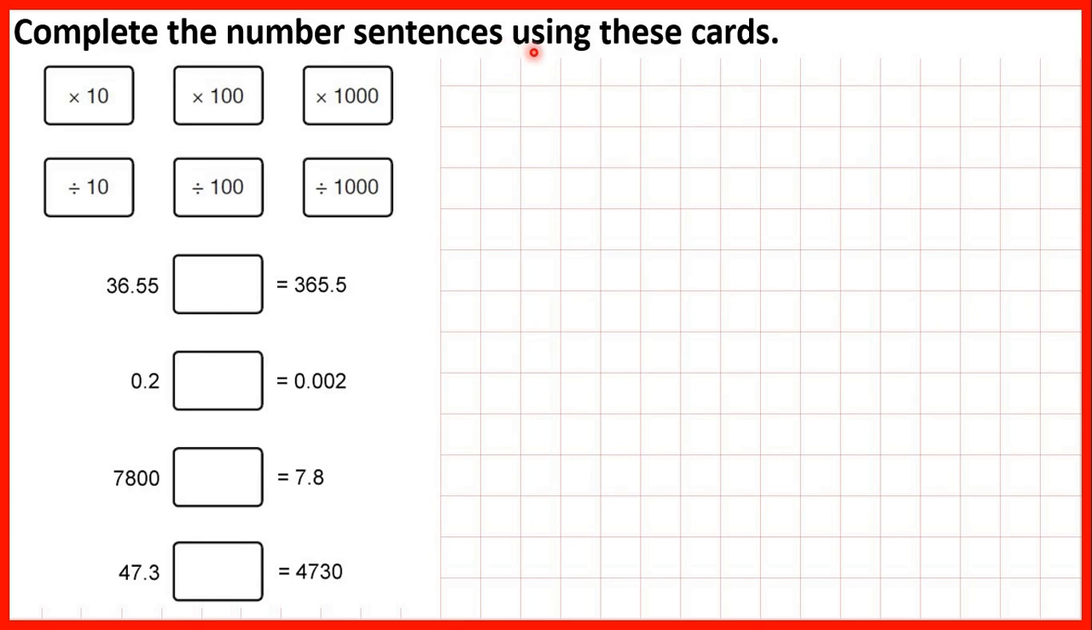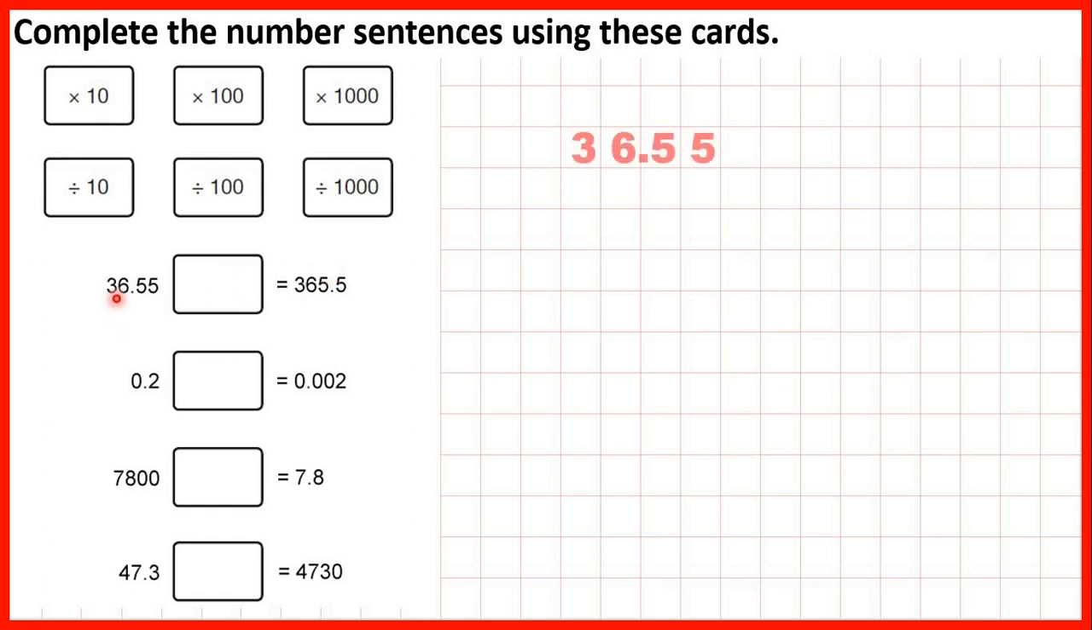Complete the number sentences using these cards. So we have decimals and we're either multiplying or dividing by 10, 100 or 1,000. So what we can do is write out both numbers one below the other and see how the digits have